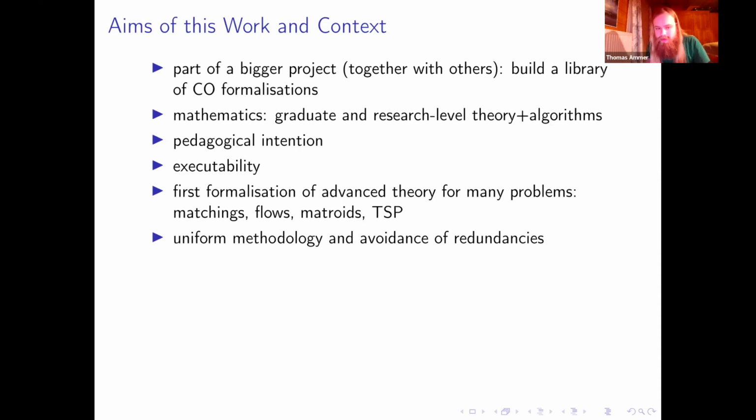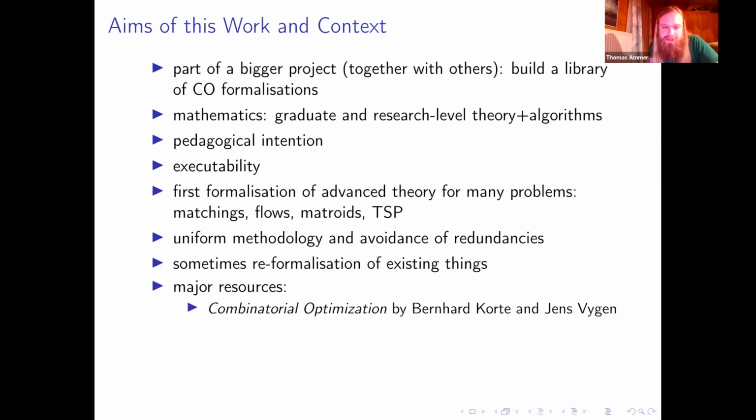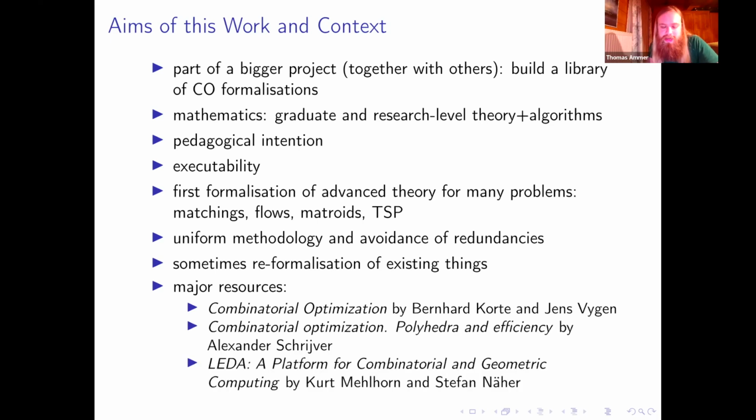Okay, because that's a library, we try to apply a uniform methodology and to avoid redundancy. So the methodology I'm presenting today is kind of representative for this library. And sometimes, well, we also have to reformalize existing things if you want to build a library. And we have some resources on the theory. And the first book on this list, Combinatorial Optimisation by Korte and Vygen, that's most relevant for what I'm presenting